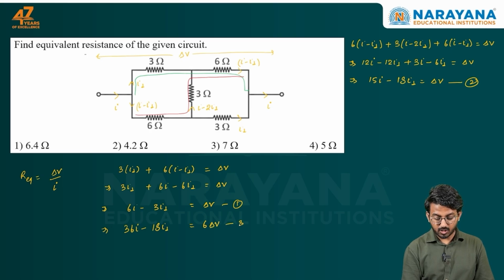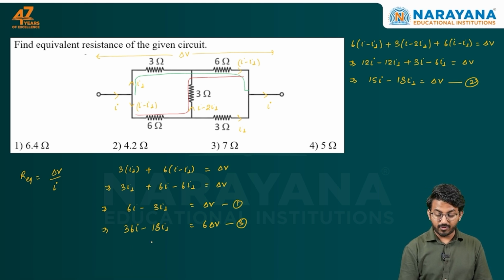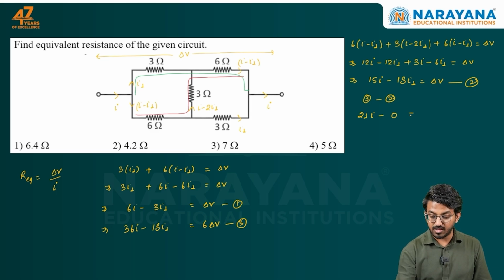Now I'll call this equation third one. Now why have I multiplied with 6 here? Because I want to eliminate I1 from these equations. So if you see here, equation third minus equation 2, if I do, 36 minus 15 is going to be 21I minus 0, because 18I1 and 18I1 are going to get cancelled, is equal to 5 delta V, giving us